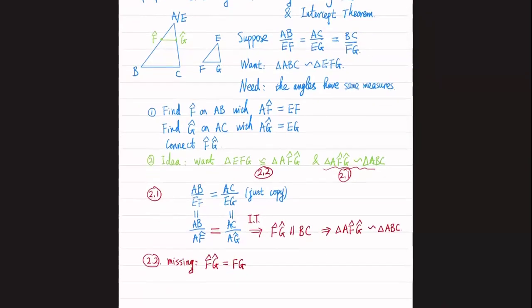Okay, so the key point is again the intercept theorem. The intercept theorem not only tells us they are parallel, but also the ratio of the two is the same as the ratio of these two. Okay, another conclusion of the intercept theorem: not only the parallel, but the ratio is the same as